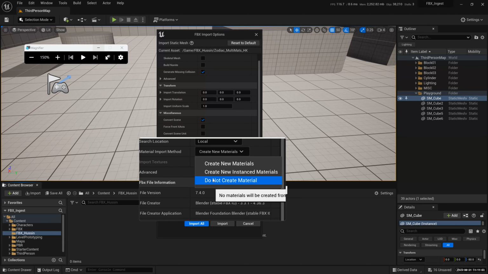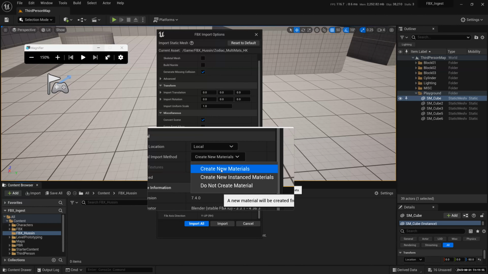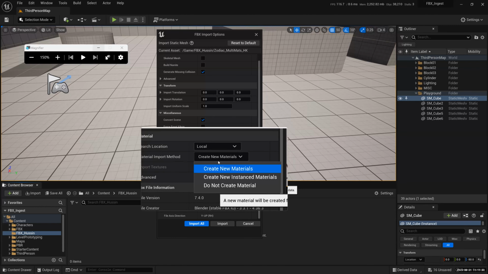If I am not sure how many materials are on the mesh, in this case on the model, I would like to create materials, because I do not know how many are attached to it. When I create new materials, it will generate them automatically for me. It doesn't mean that I cannot go and change it. I will be able to change it, but we'll talk about materials next Monday, and I'll show you what I mean. So I'll just create new materials and leave it as that.